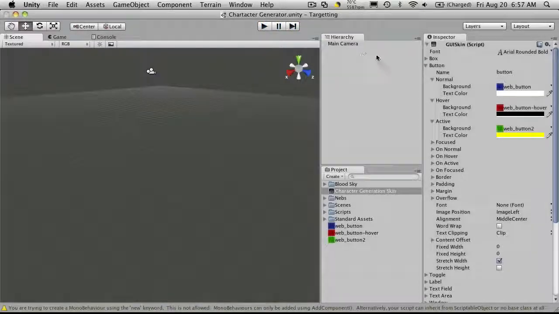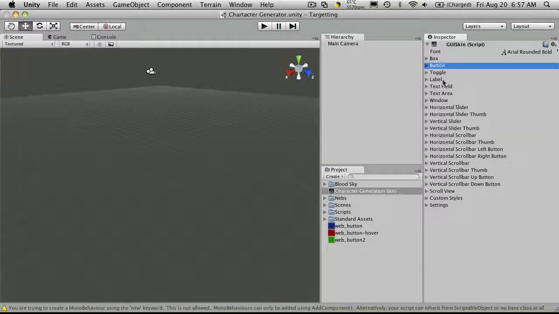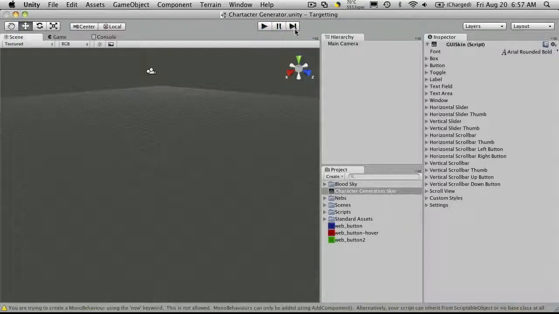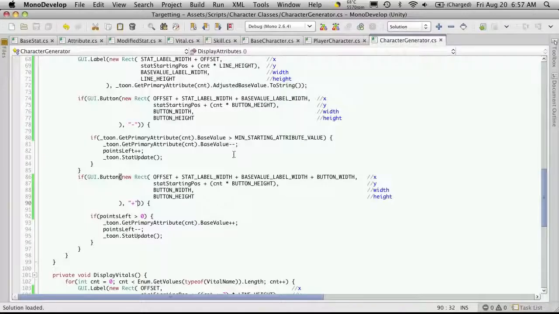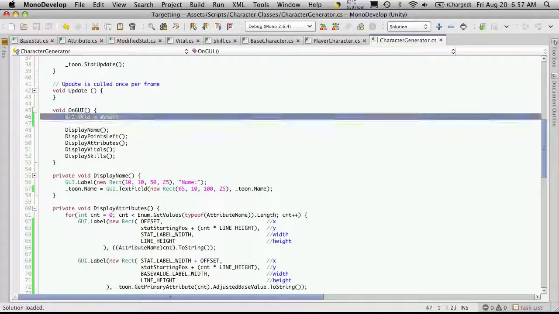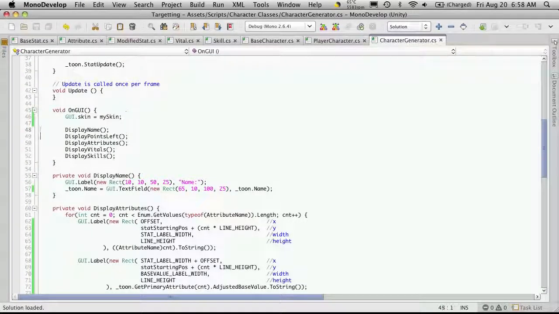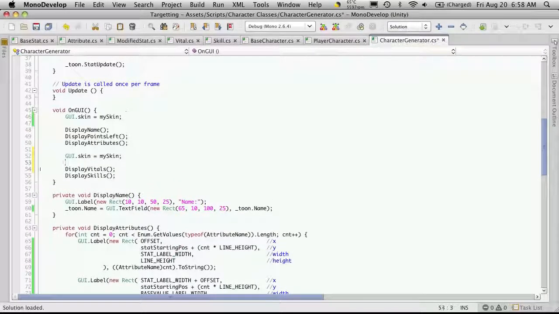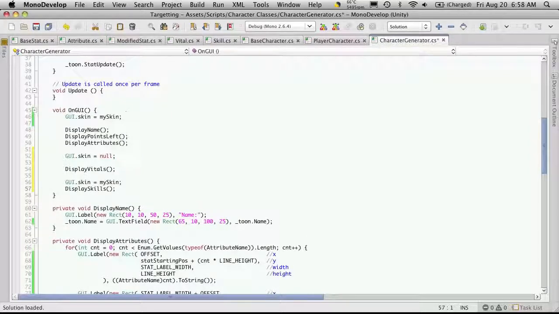Now this works the exact same way if you would have picked, say, labels. It would have gone ahead and styled everything on your screen that's a label the exact same way. Now there is one really cool feature about GUI skins is that you can have multiple ones enabled, and you can also disable them. So as you notice, I have my skin set up there. But let's say for vitals, I don't want those buttons styled. So I can actually just come in here, say GUI.skin equals null. Then when we get back to skills,